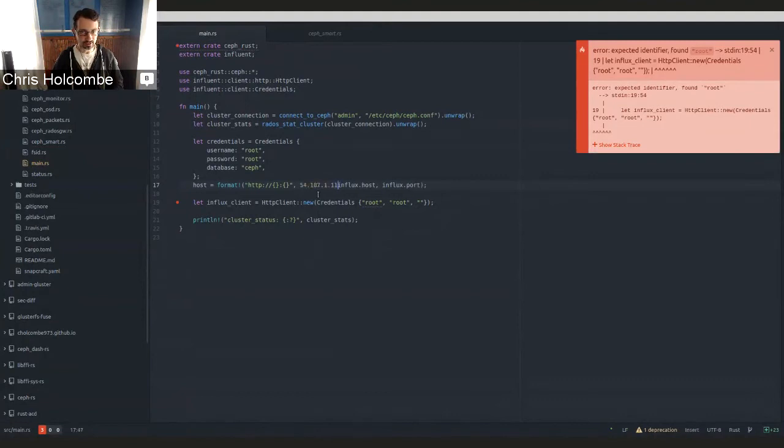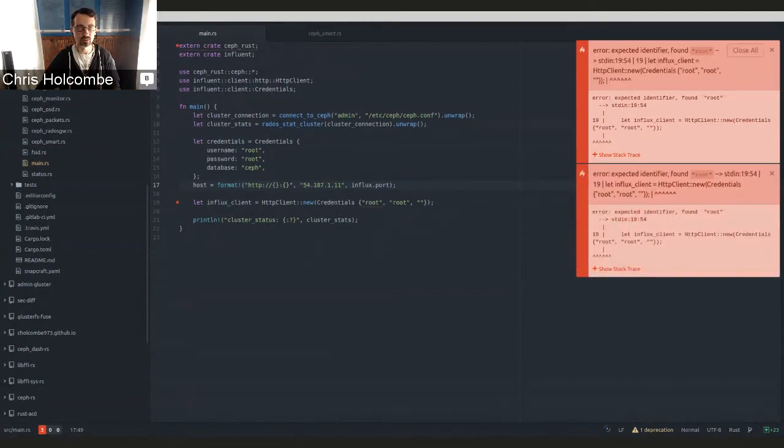That's actually a good point. I forgot to say, by default, the charms that you deploy are firewalled off from the world. What you can do to get around that is you can say juju expose, and it will open up that port and allow anybody to connect to it. So if I say juju expose InfluxDB,